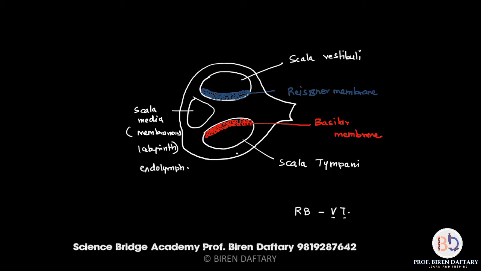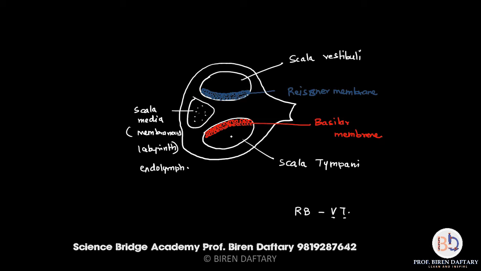Peri is outside, and the membranous labyrinth is filled with endolymph. Okay, so that is this. So this is the structure of the internal ear. Three main parts: scala vestibuli formed of Reissner's membrane, scala tympani formed of basilar membrane, and scala media filled with